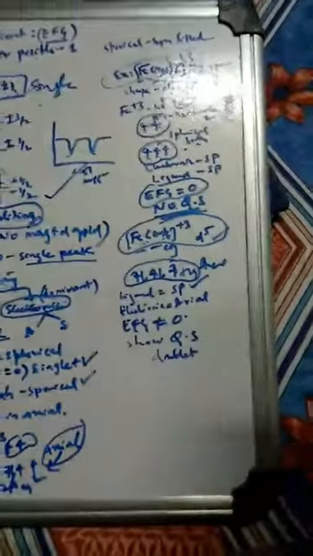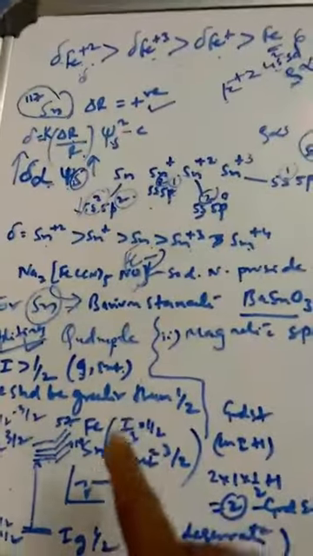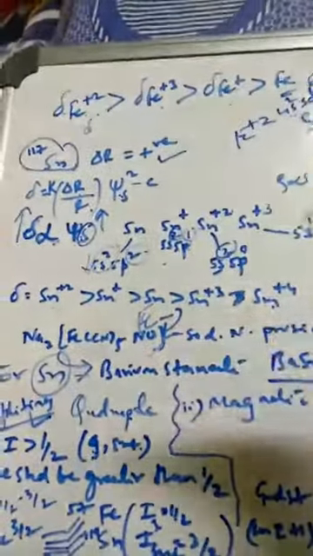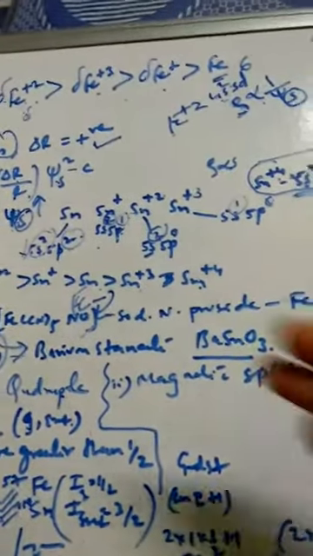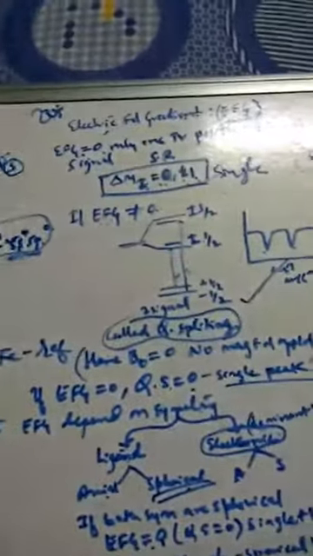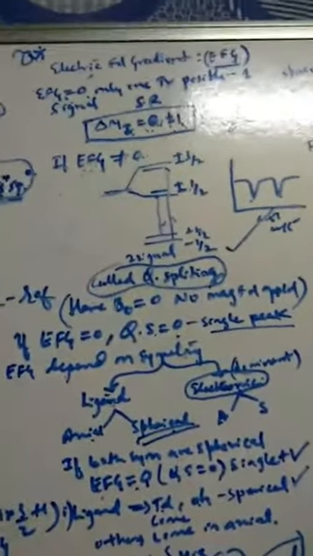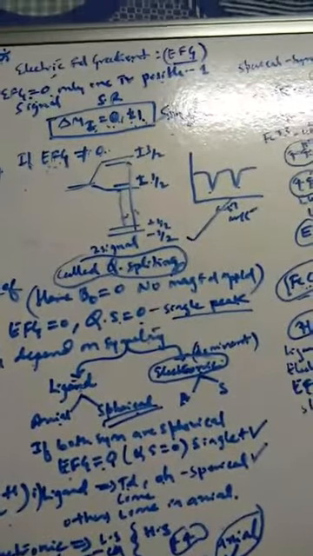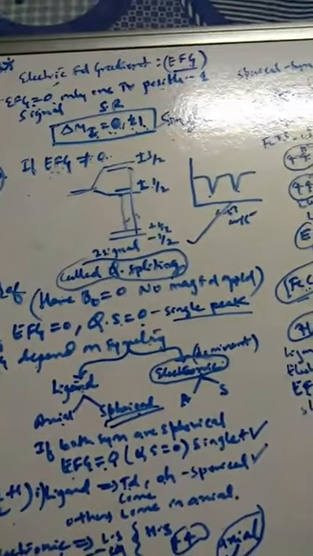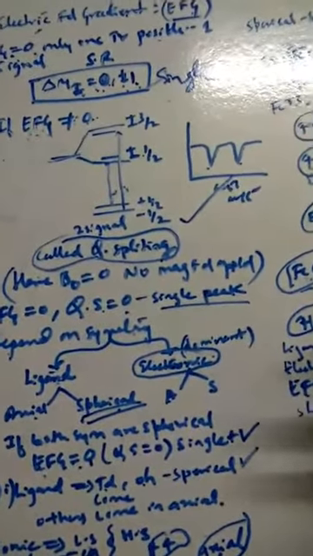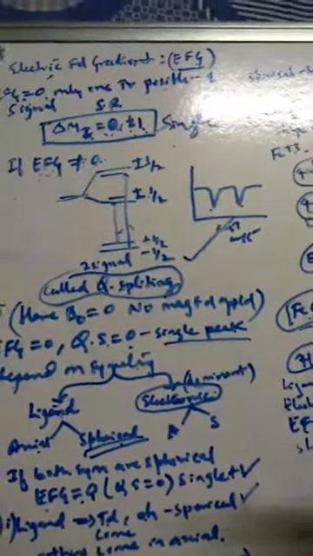So this is how in today's video we have seen the splitting, that is quadrupole splitting. Magnetic splitting is still there, so we will see that in the next video. We have also seen the iron isomer shift or chemical shift, and the tin chemical shift, with the reference for tin. This is how we have learned some more things in Mossbauer spectroscopy. In the next video we will learn a few more examples of Mossbauer and come to the concluding part of it. Okay, thank you, have a nice time.